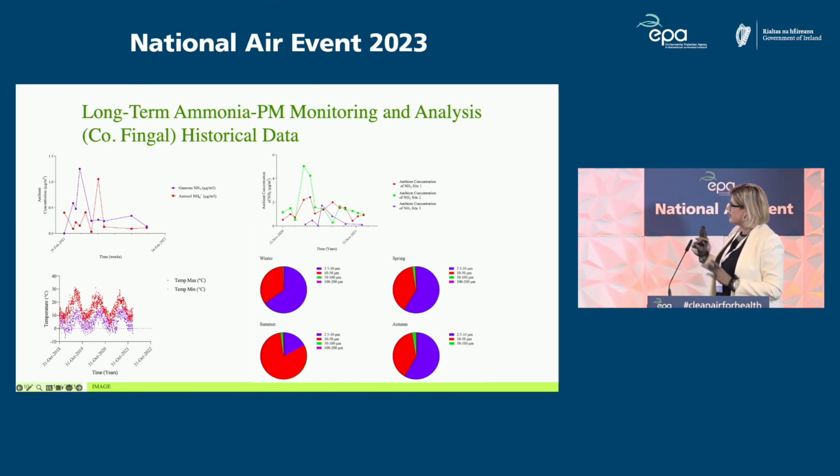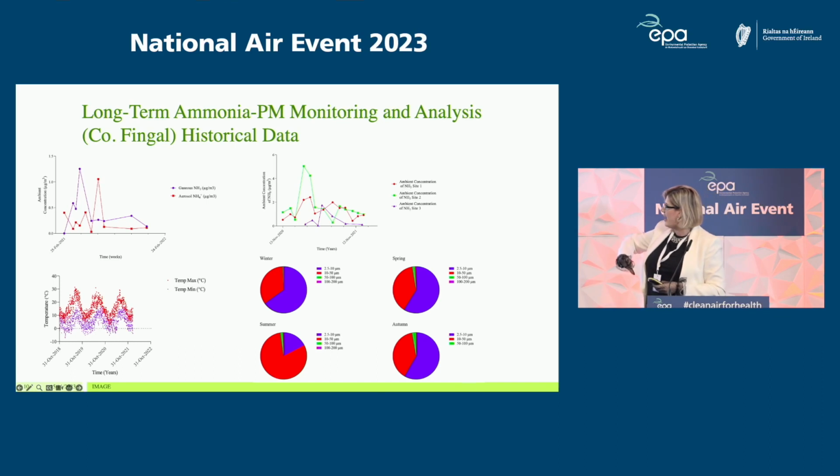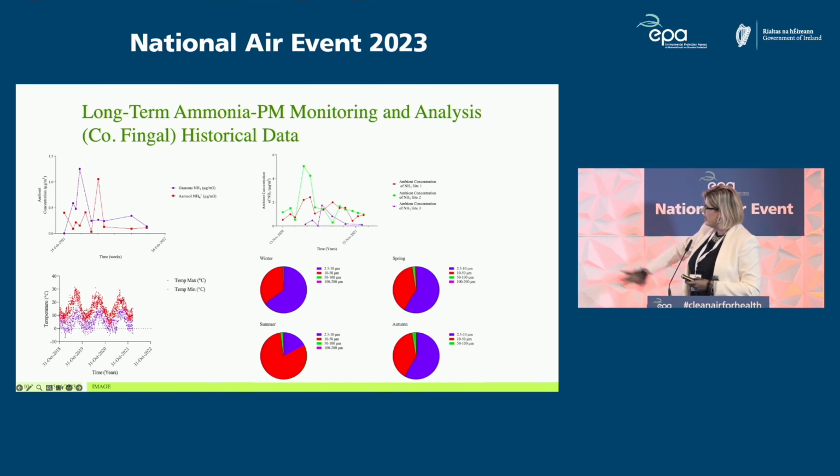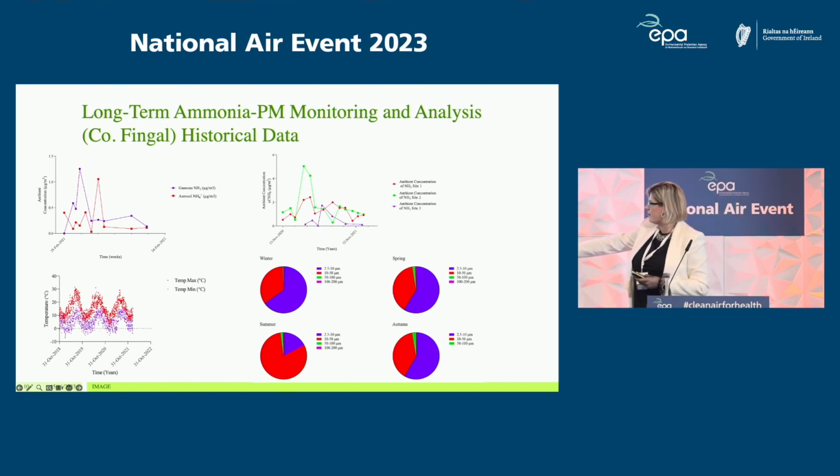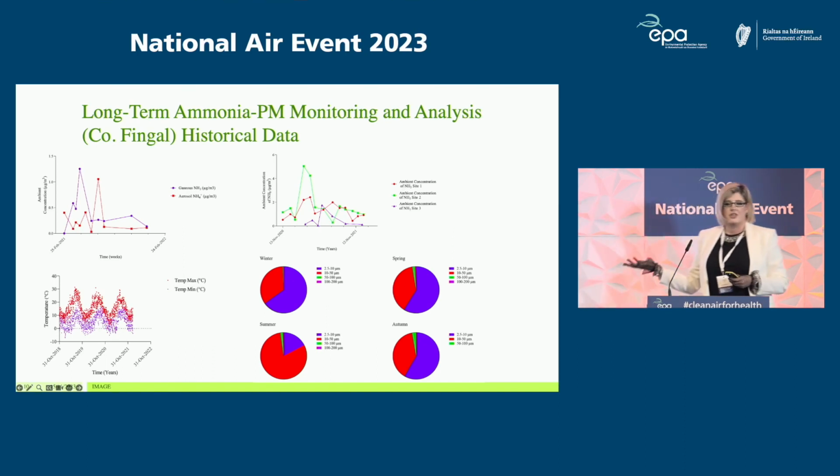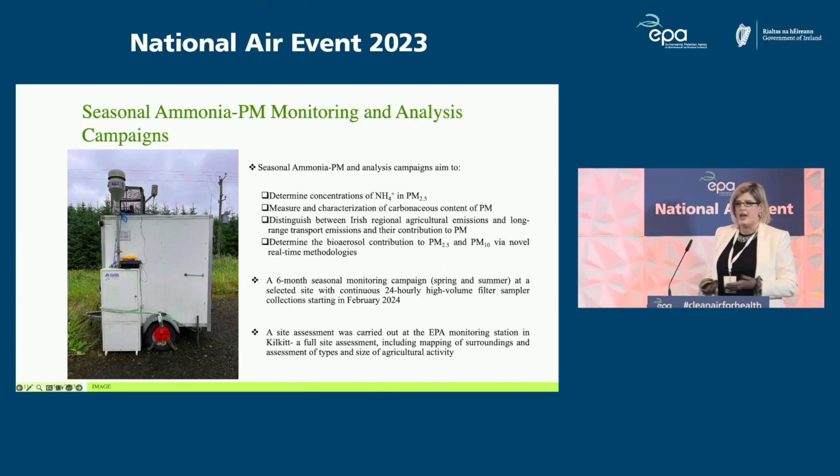And then this is just the sort of data that we expect also to have. So we have ammonia levels and the ammonium portion of aerosols. We also have the ambient concentrations at 3 different sites shown in the graph. We have the breakdown of particulate matter sizes, and then we have some extra meteorological data, so that's actually temperature data that you see in the far corner there. So this is the type of data that we're dealing with, and it gives us a lot of insight into how particulate matter dynamics work on our sites.